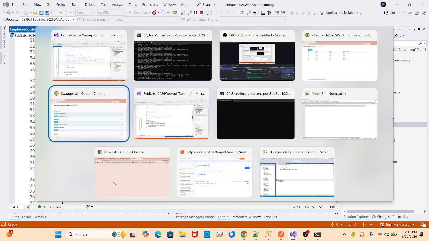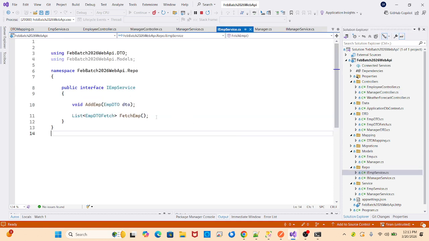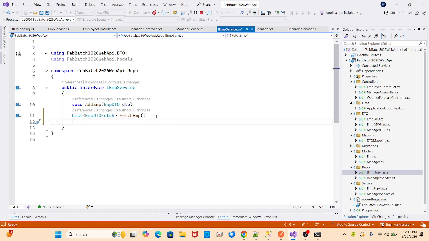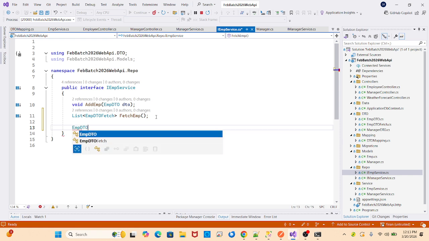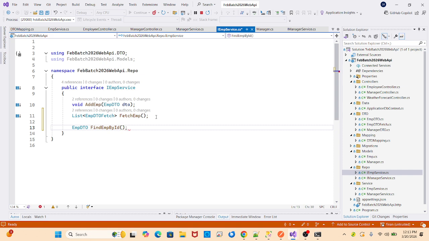So where do I have to go first? Here on the API side. What service do I have to add here? Interface: we are fetching, so not void, it returns employee DTO, right? The one single object we are returning here. Find employee by ID. I need to pass one parameter as ID. We'll take this ID from the user. Then next